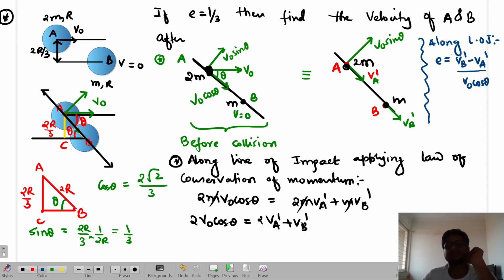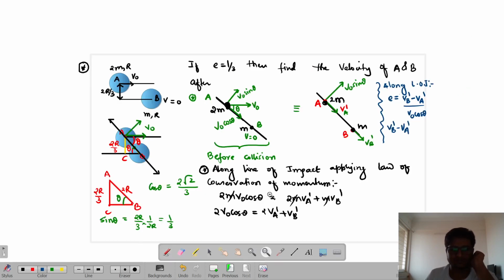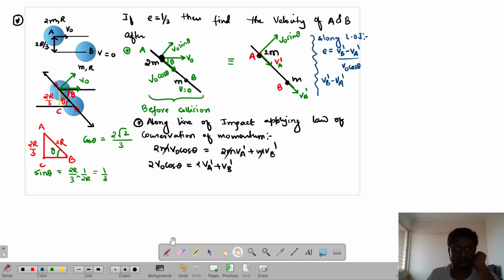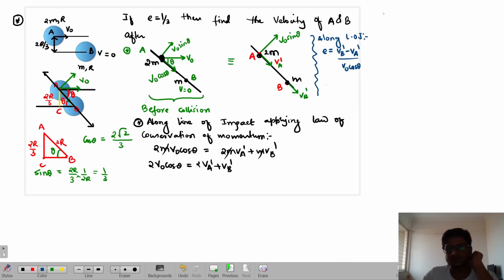So I'll write it over here, no need to make it congested. E is equal to VB dash minus VA dash, because that's my separation velocity, divided by